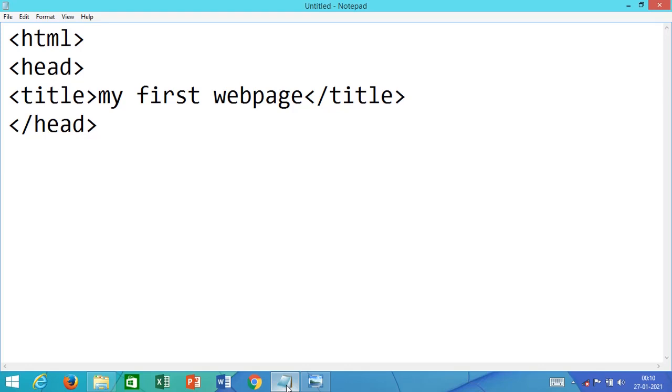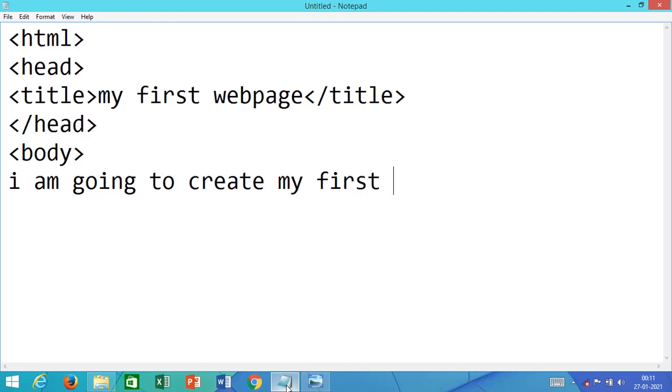Now here starts the content of the program. So after I write body, here I can write whatever I need to write for a web page. Let us say I am going to create my first web page.